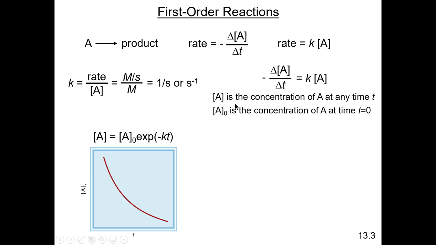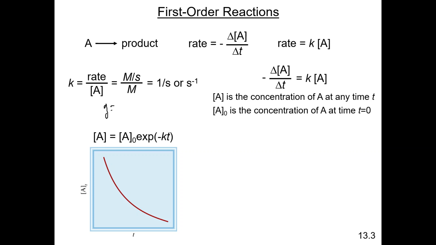This is the concentration of A at any time t, and A0 is the concentration of A at time equals 0. And in this particular case, if you plot concentration of A versus t, you're going to get a smooth curve. Again, this should be something that you should know from your algebra experience. That would be basically the shape of a curve which has this general equation, let me go to my pen function again, y